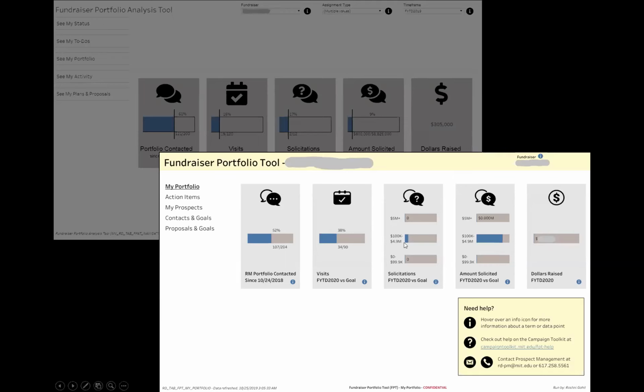But one thing that's really specific to the data for us was the split of the solicitations and amount solicited tiles. So when we went into this, we were thinking, okay, everyone either has no goals in the system, which is just how things are, or they have a goal for a specific level. So your team is tasked with focusing on the under $100,000 asks. This other team is in the 100K to 5 million range, and then another team focuses on 5 million plus.